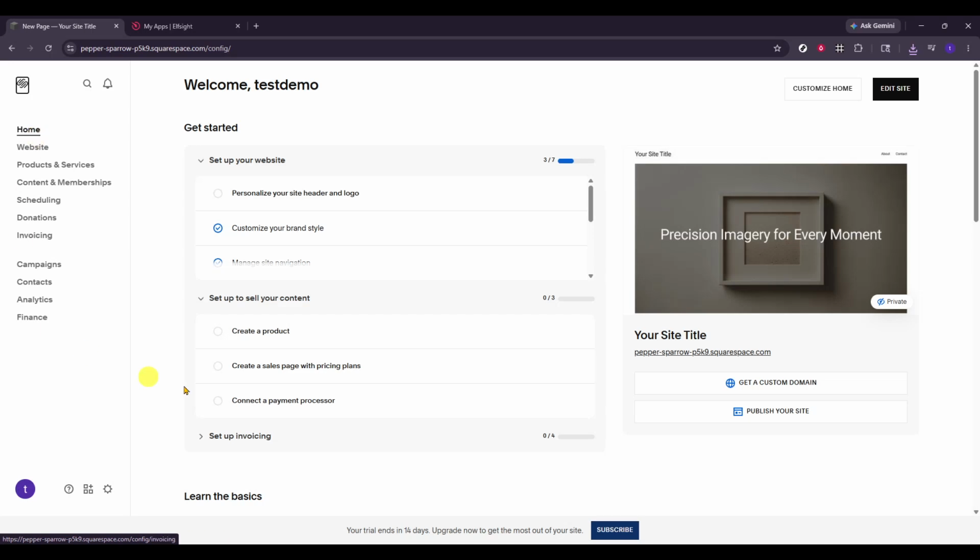Hello, today we will guide you through how to round image corners in Squarespace. Rounding your image corners is a quick way to soften your design and give your site a modern, friendly look. Let's walk through the exact path to make that change on a specific image using the built-in editor so you